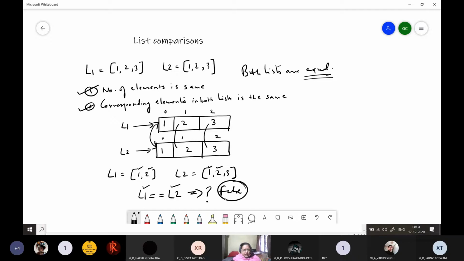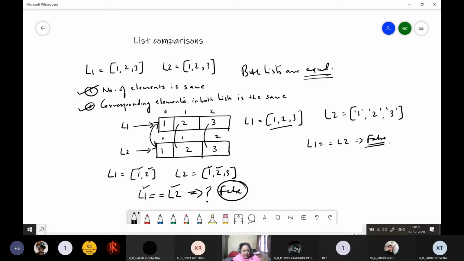So in order to be equal, and even this is also not correct, that is, if I write L1 as '1', '2', '3' and L2 equals 1, 2, 3, where '1', '2' and '3' are character constants. Here also this will give me false. Why?